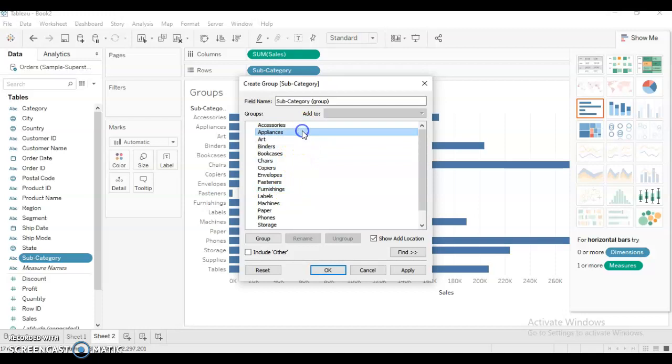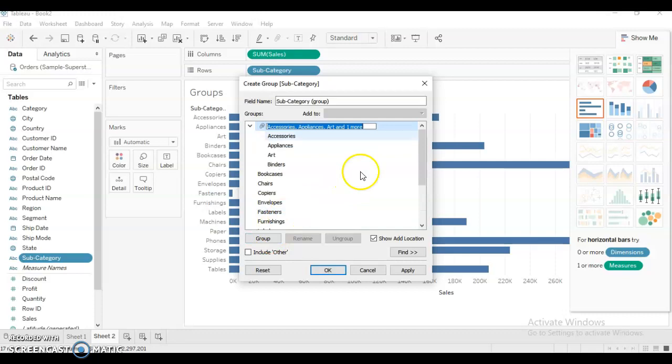I've selected these four and I want to group them, so I'll group them. Here you can see the group has been created and it is asking me to name it. I'll name it small appliances.